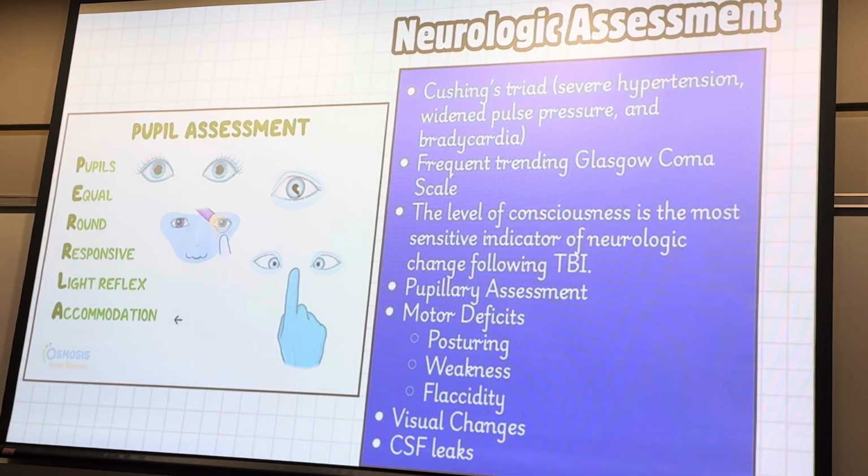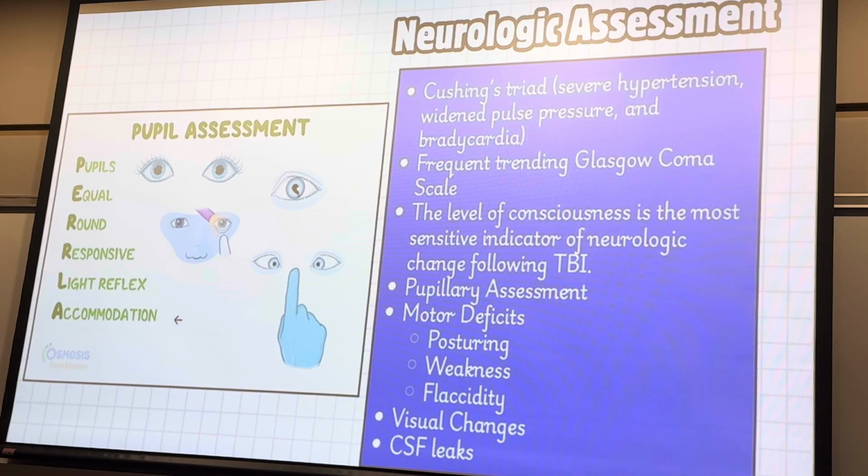Neuroassessment. And I mentioned earlier, PERLA. So pupils equal, round, reactive to light, and accommodation. Don't just write this in your note like y'all all do, because I know y'all don't all do PERLA all the time, but you tell me PERLA anyway. Please actually do this. This is important as part of your assessment for your traumatic brain injury patients. You're going to get tired of assessing these things, but a good, thorough neuro assessment is going to be key.